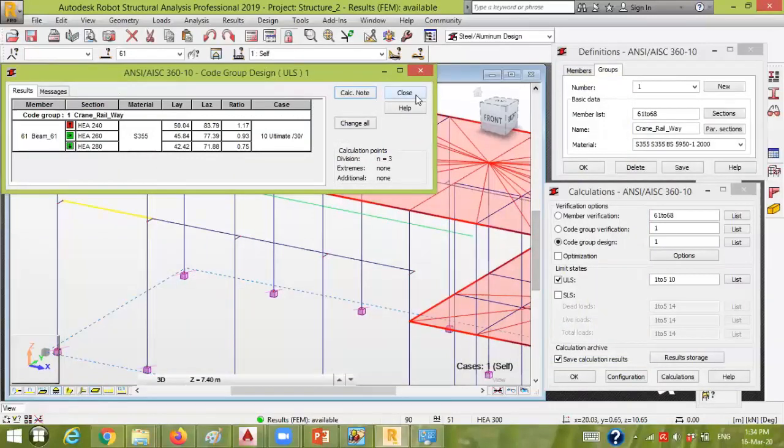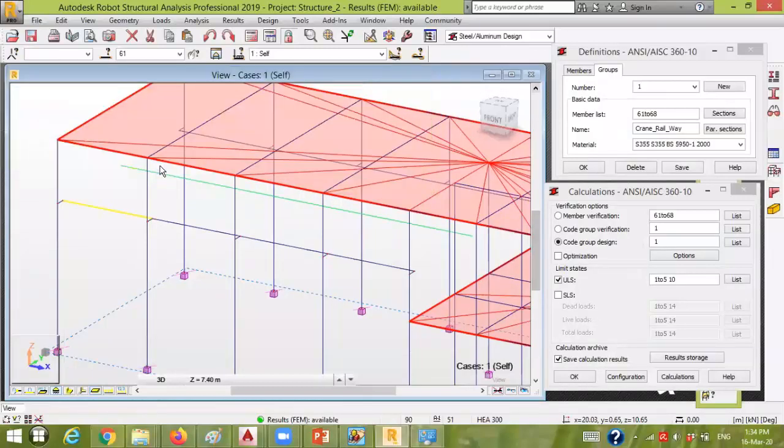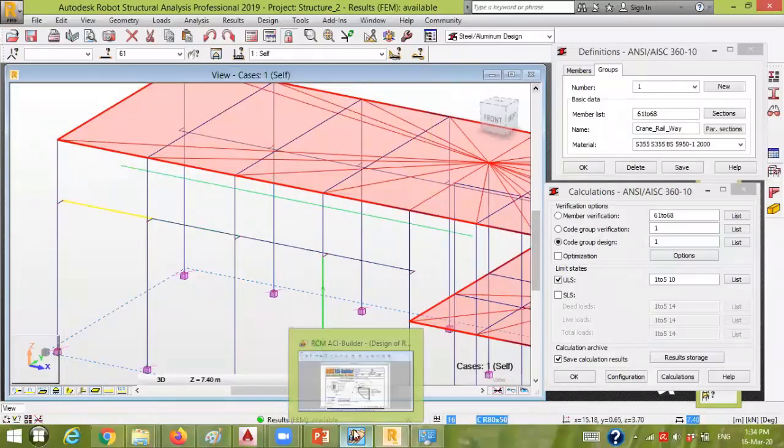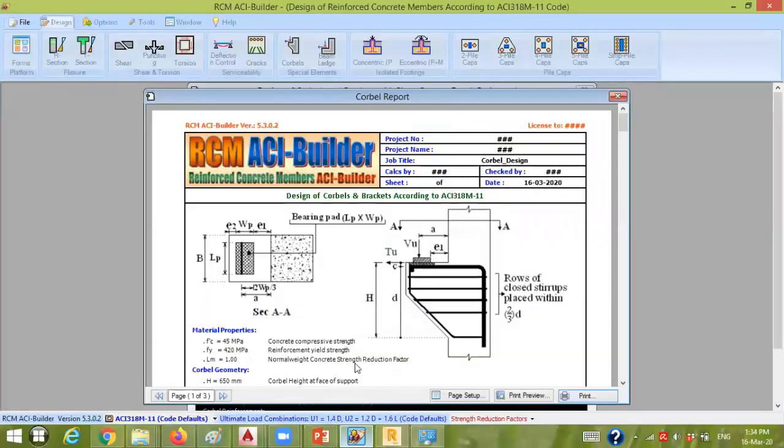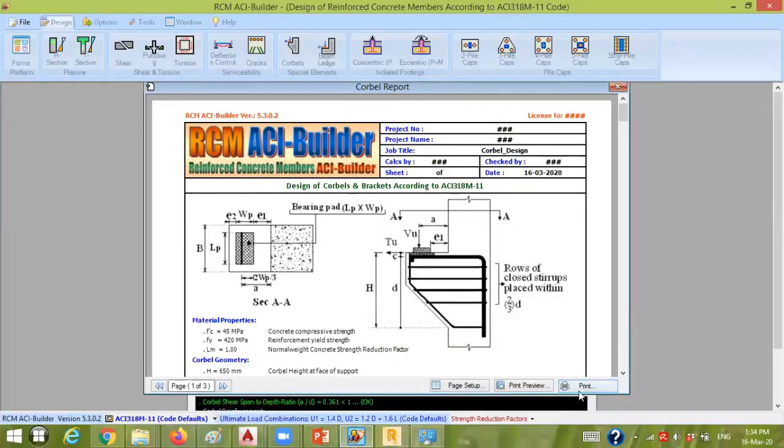So talking about the printout of the annex of your report, you remember in my previous session we had some issues with printing the corbel design report because the printing was done directly to the printer. I didn't have the option to save as PDF or print as PDF. We can solve this issue